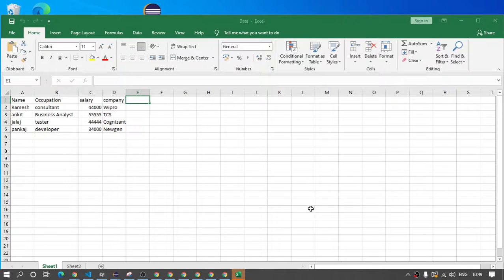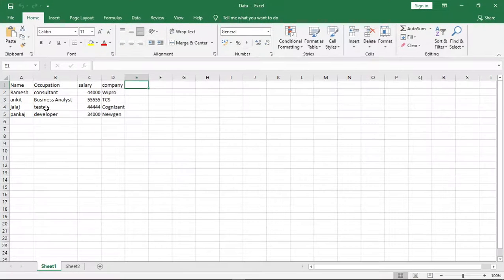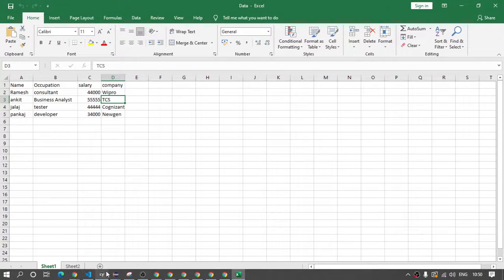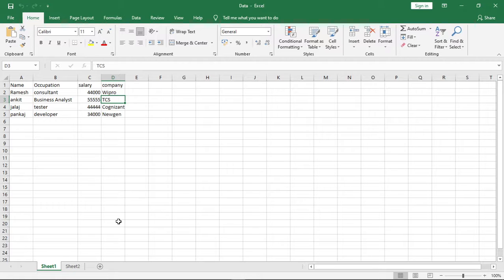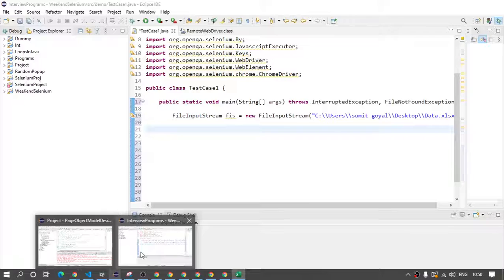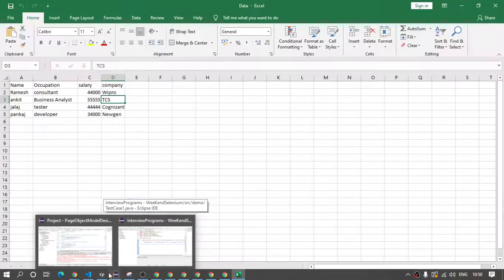So this is our Excel file. What is the data? The first column has some names. This is the occupation of each person. This is the salary they are getting, and this is the company they are working for. Suppose this is some dummy data. I want to get that data into my test case, which means I need to read the Excel file. So if you want to do this,